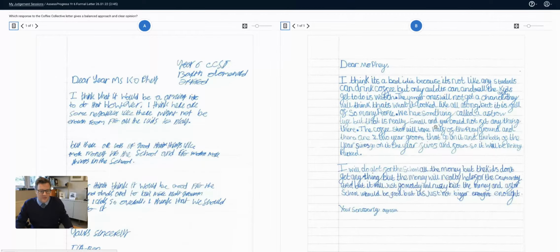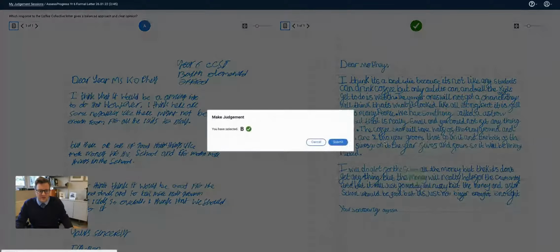One of the reasons why they don't want that to happen is they think the astroturf is already really small, can't fit anything in. A coffee shop would take half of the playground. There are 2 other year groups that go on it, so it gives a really good reason. It says it'll be pretty packed. Gives 2. I'm going to say that this one here is the one that I would choose,